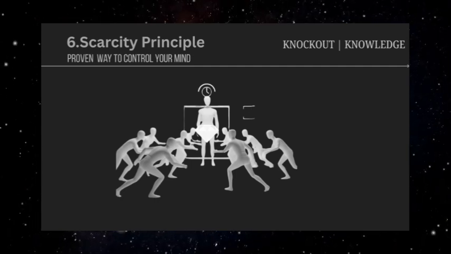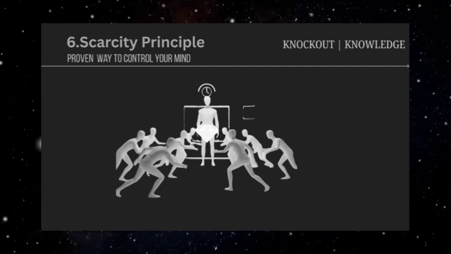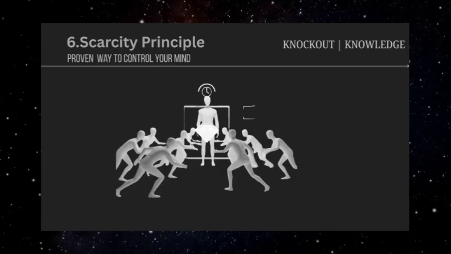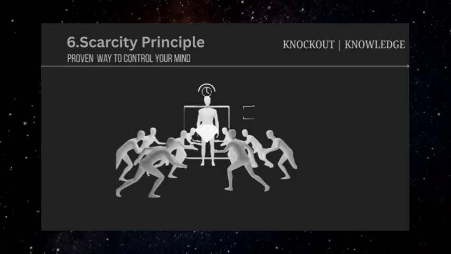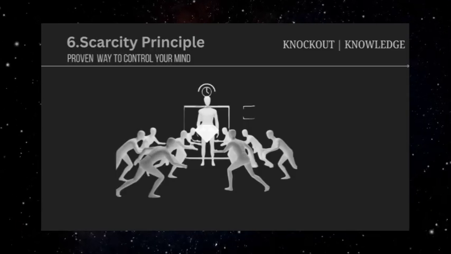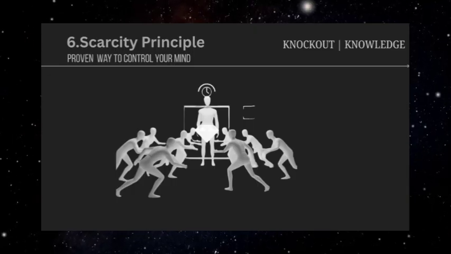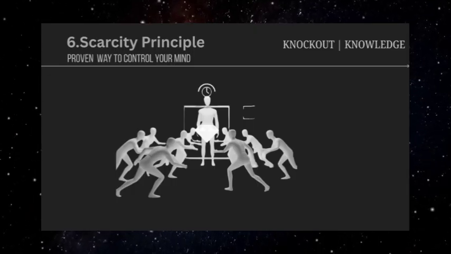Understanding the scarcity principle doesn't mean ignoring all time-sensitive opportunities or limited offers. Some things genuinely are scarce or time-limited, but it does mean maintaining the ability to step back and evaluate whether the scarcity you're feeling is based on real limitations or psychological manipulation designed to override your careful judgment.